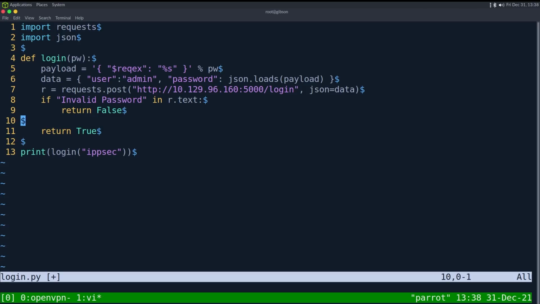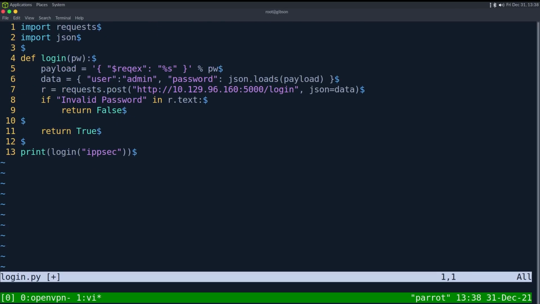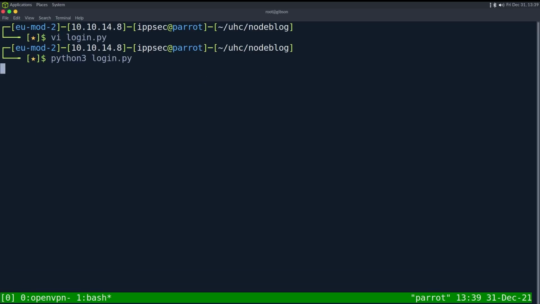Because if the function isn't invalid password, I want to return true. I don't know, that may be a personal thing. Hopefully that makes sense why I didn't use the else there, or it's not overly confusing why I didn't. So we can say if login ipsec, we can put .* because this should return true. Print success. So when I run this,